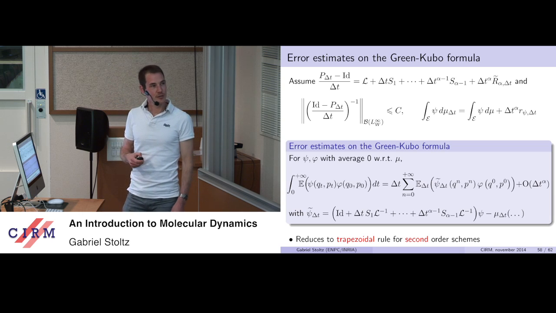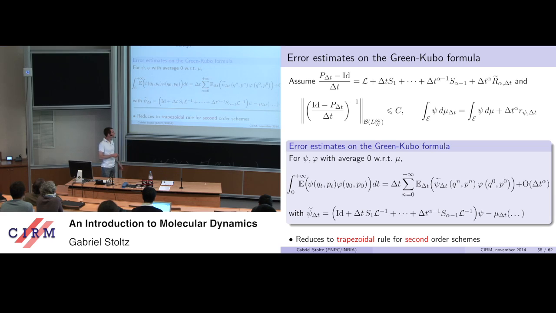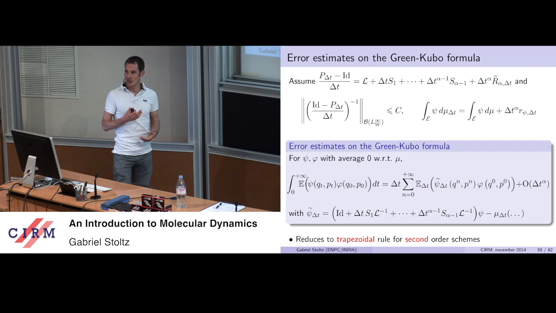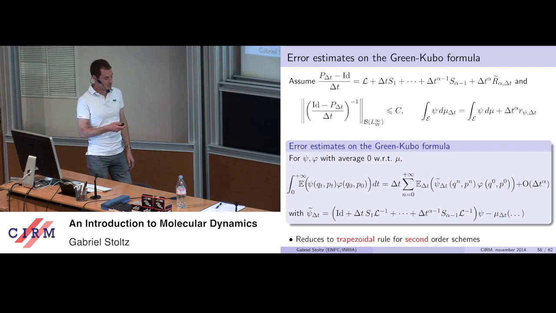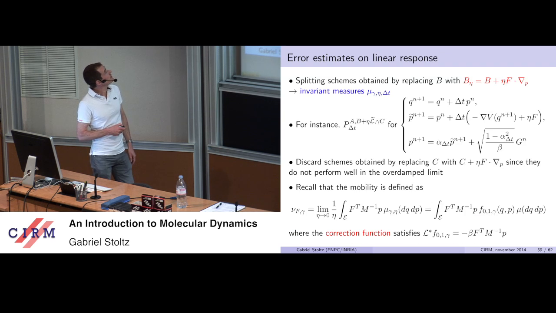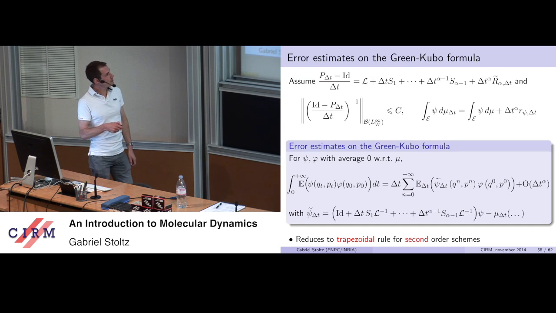And for the scheme I've shown you before, this Langevin scheme, you know that you can have errors of the order of delta t squared. So it's nice to have those kind of formulas because, in practice, you would like to take the time step as large as possible in order to diminish the statistical error and to have a faster convergence. But if by doing so you increase too much the bias, at some point you will lose on the numerical efficiency. So it's really important to understand what kind of errors there are. So that's one: error estimates when you look at the Green-Kubo formula.